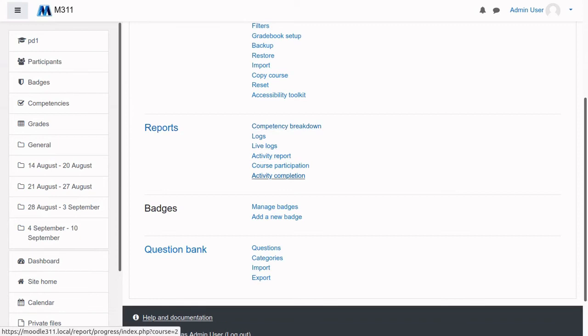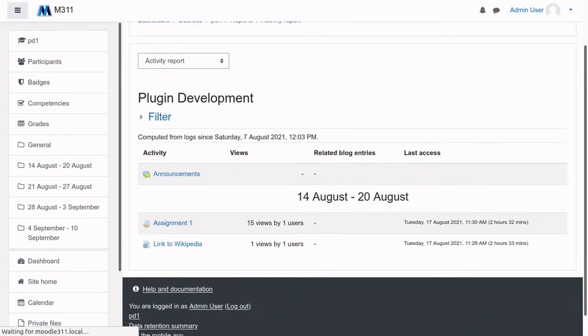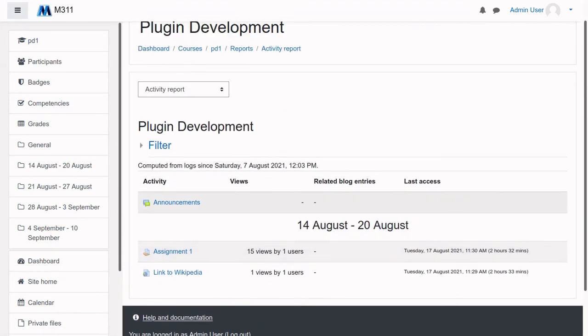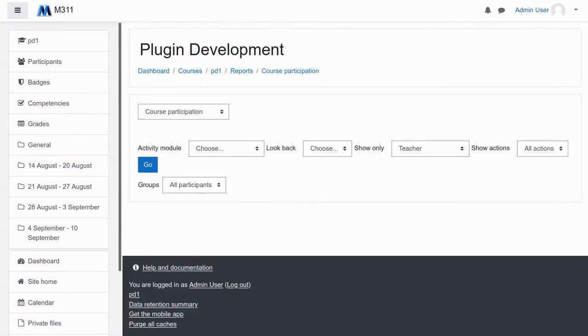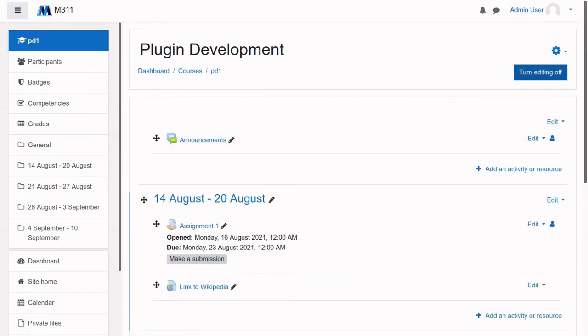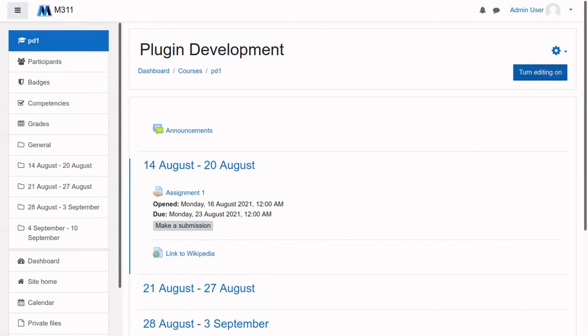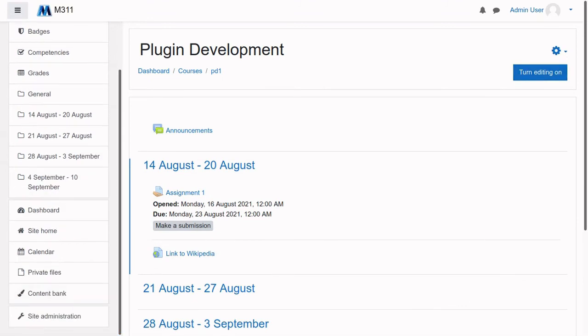These are course specific, and you can look at things like reports of activities, course participation, etc. And this report feeds into a higher level set of reports, which are at the site